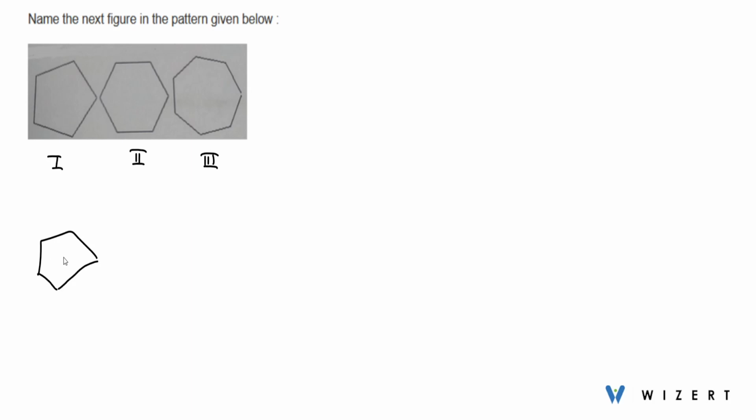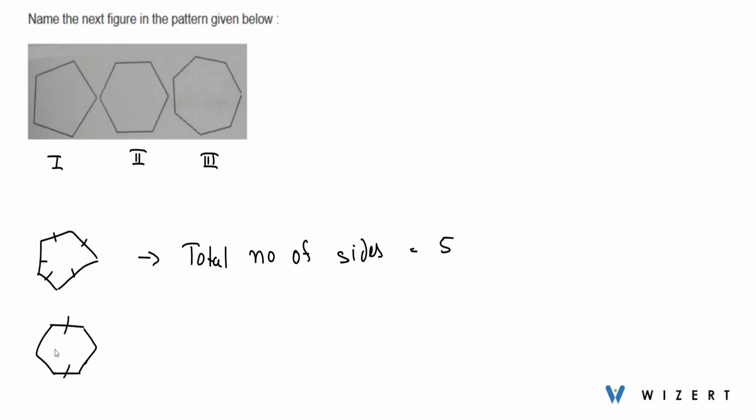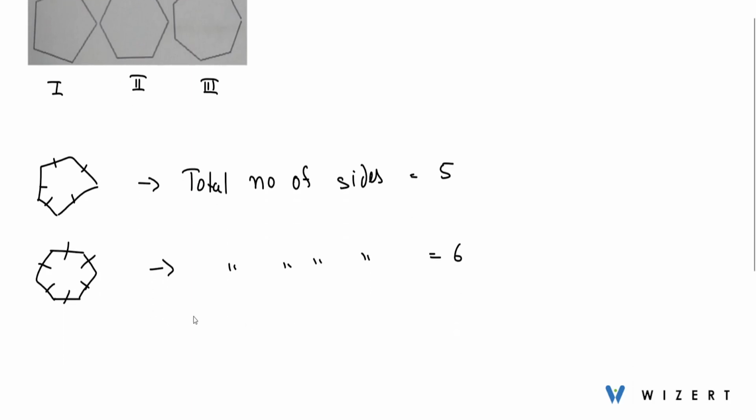So in the first figure, total number of sides is 1, 2, 3, 4 and 5. So total number of sides in figure number 1 is equal to 5. Now let's draw the second figure. So in the second figure, total number of sides is 1, 2, 3, 4, 5 and 6. So total number of sides is equal to 6, and in the third figure we have